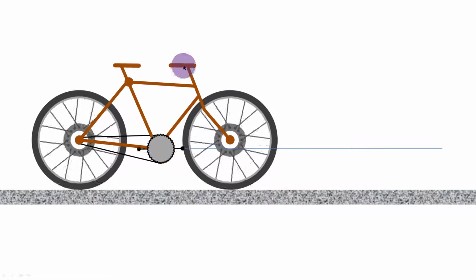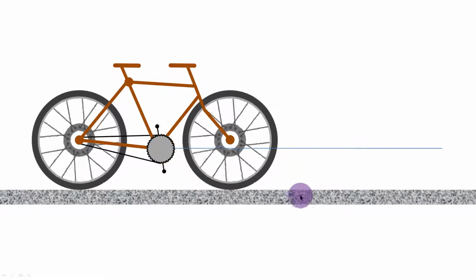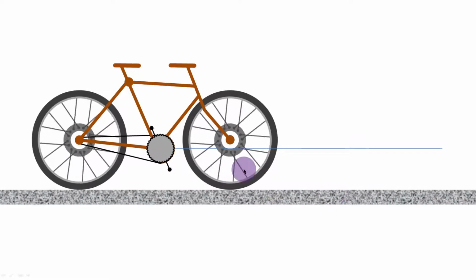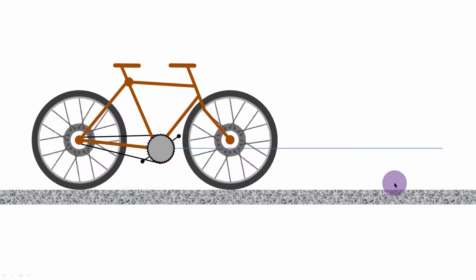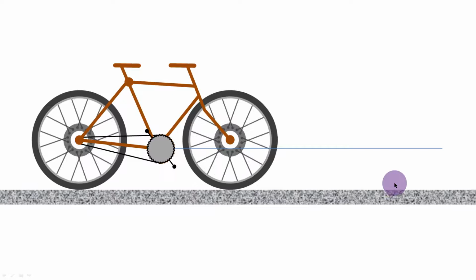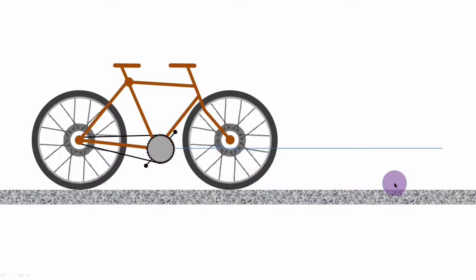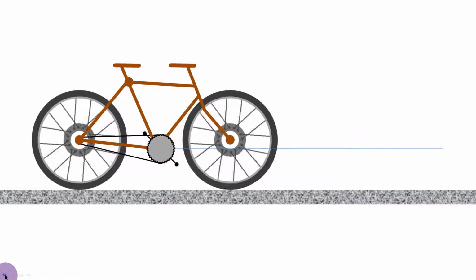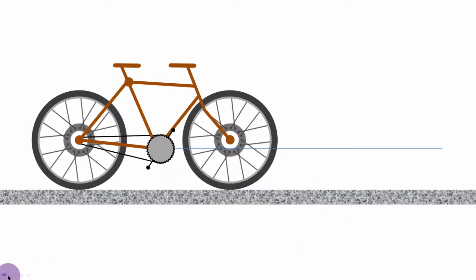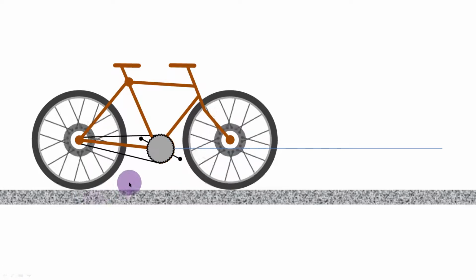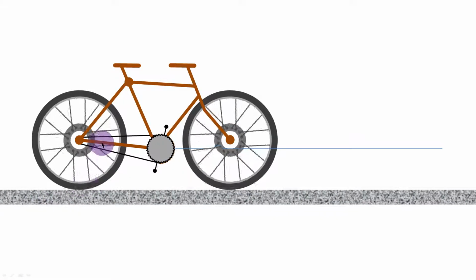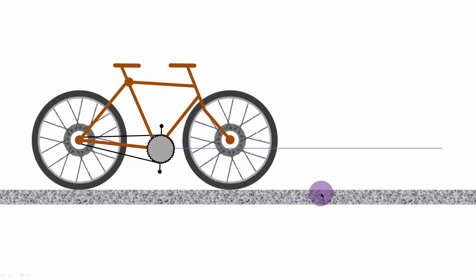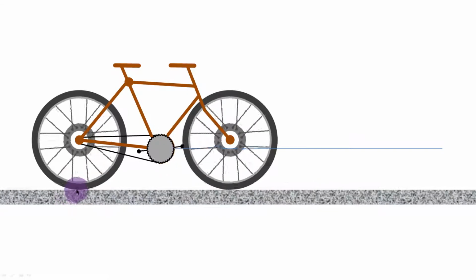I can also put some objects in the background so that when they slide together with the road, it gives the impression that the bicycle is moving along the road. Either way, it gives the effect of the bicycle moving along the road. Each one of these has got an advantage, in the sense that when it is rotating like this, I can show other features without having the bicycle move. I can have the road and the background move so that I can show forces which